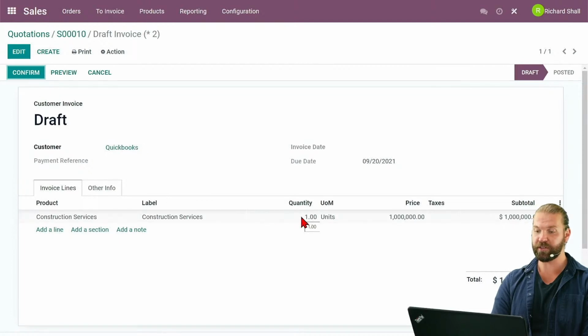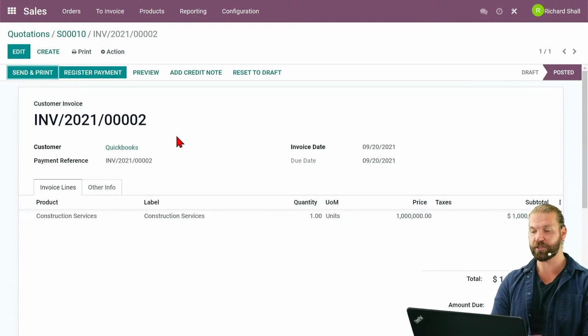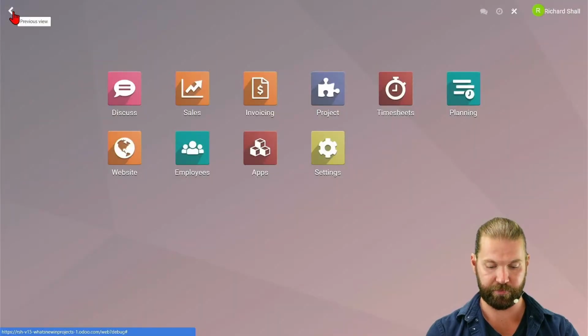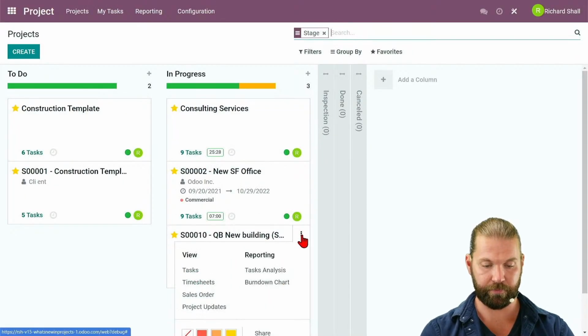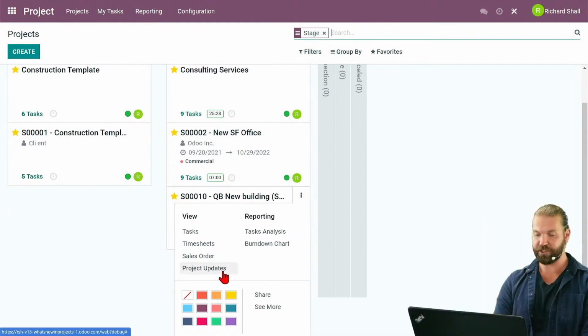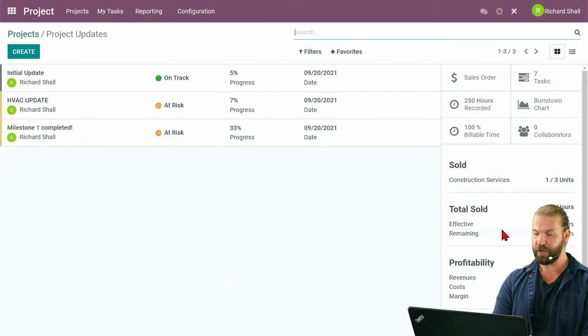Only 1 unit has been delivered, so that's why only 1 unit is here, and confirm posting all the accounting entries. Again, that's going to be for another presentation altogether. But what we care about the most here from a project perspective is the revenue. So if we open up here, look at the project updates, we can see how many hours